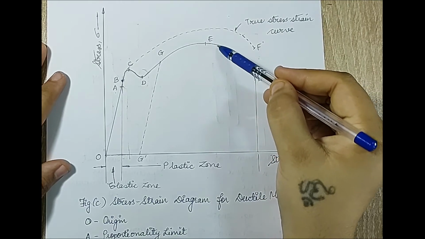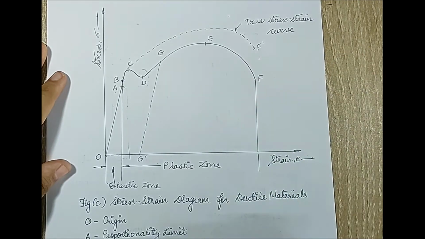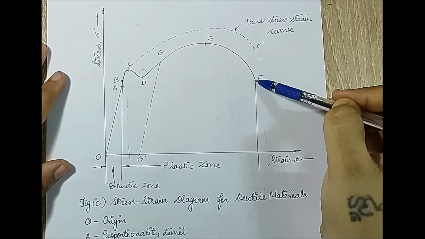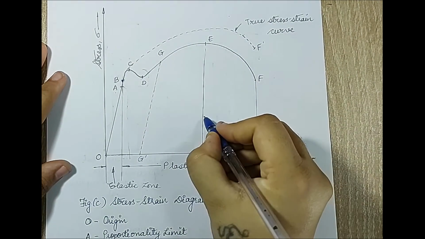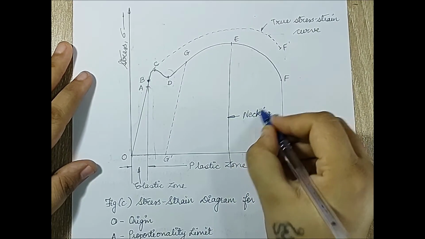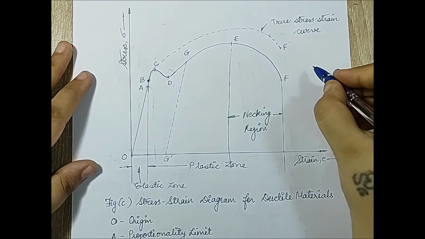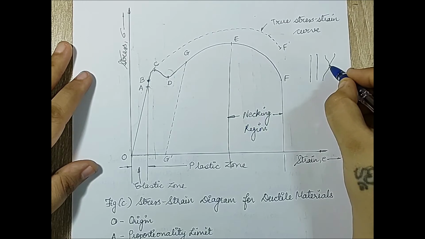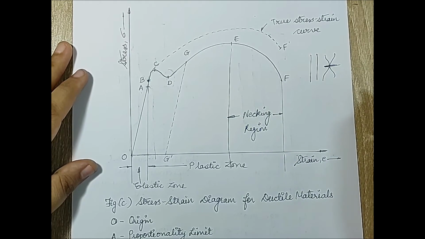And after that what you see is final necking of the material. As I have shown you, a very thin neck is formed and the material ruptures at the point F. So the zone of E to F is actually called the necking region. By necking region, I mean that the material which was straight will now form a neck like this, and after some time obviously there will be a rupture at this point, which is called the point F.